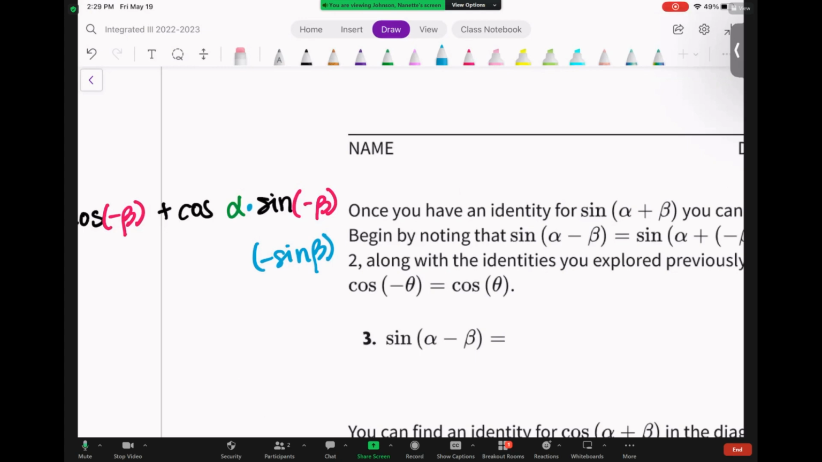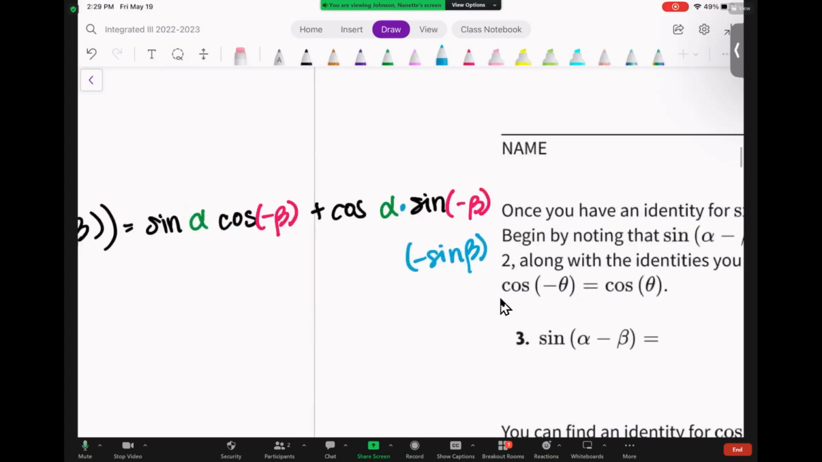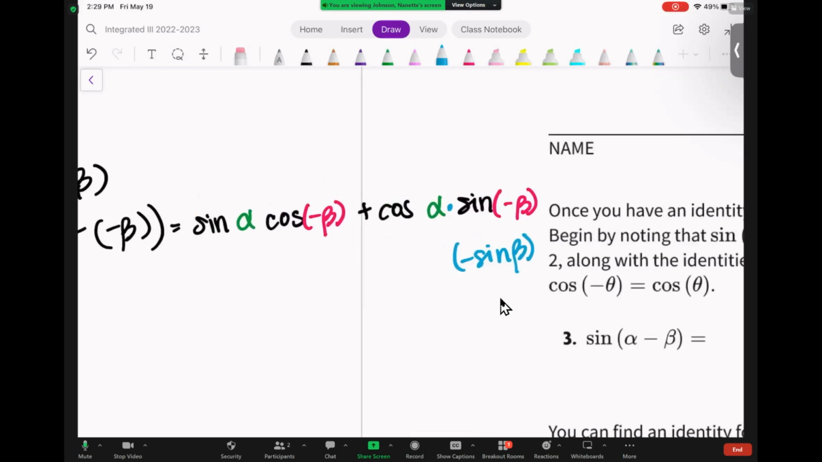Okay. And then similarly, it says cosine of negative theta is equal to cosine theta. So instead of writing cosine negative beta, I'm just going to be writing cosine of beta. And if you remember that identity, it makes sense because that is the definition of cosine being an even function, right? And then I'm just going to copy down exactly what I have here, which is sine alpha, cosine